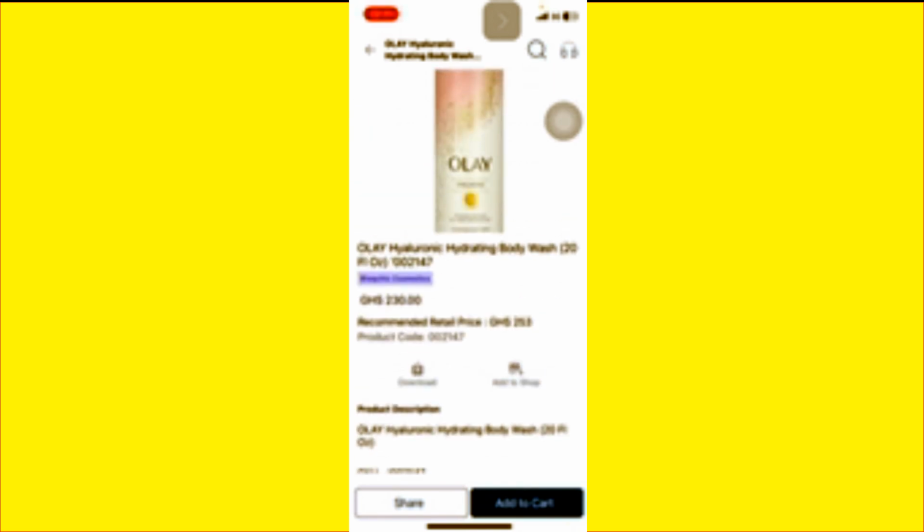Yes. Okay. So this is our product description here, and it says the brand, the scent, the gender is for females. So basically, you're going to sell this thing for females, the female adult, and recommended shower. It's for bathing. So the price here is 230 cedis. So how do we gain commission promoting this product?